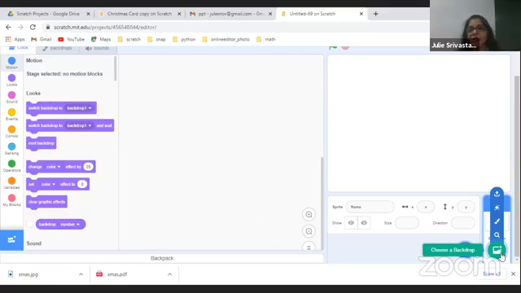In choose a backdrop, you get an option of choosing a backdrop by searching, by painting. There is a surprise, and there is upload backdrop. So I want you to take the 4th option. I'm going to repeat this again. On the extreme right, there is backdrops. In the backdrops, I have 4 options called choose a backdrop, paint a backdrop, surprise, and upload.